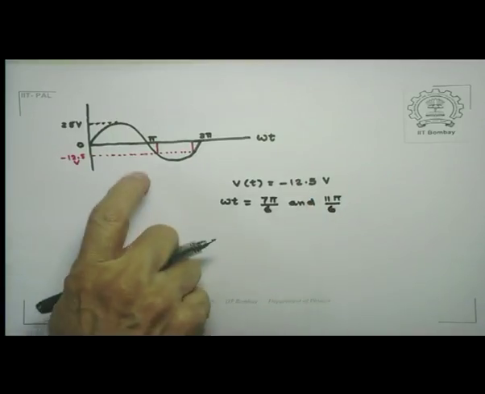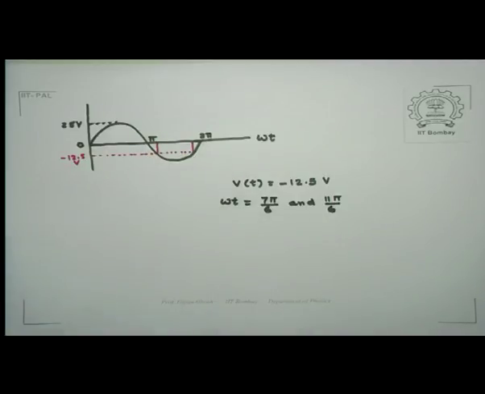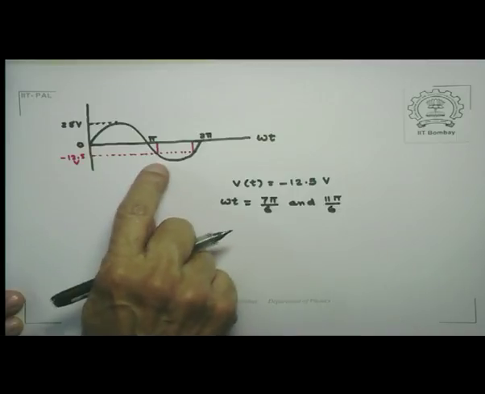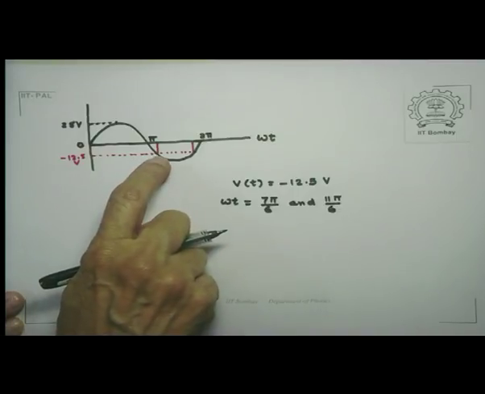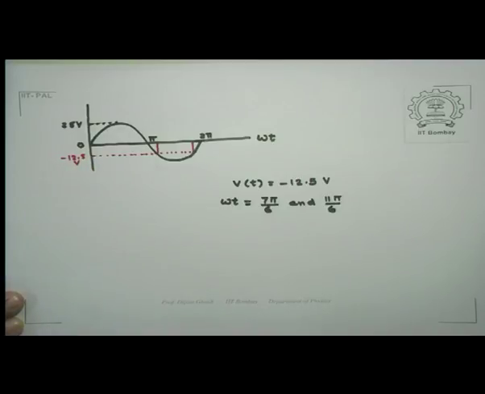That's purely because what we are looking for is minus 12.5, which is just half of the maximum magnitude, and so I'm looking essentially for values of angles for which the sine of the angle is minus half, and so these are the